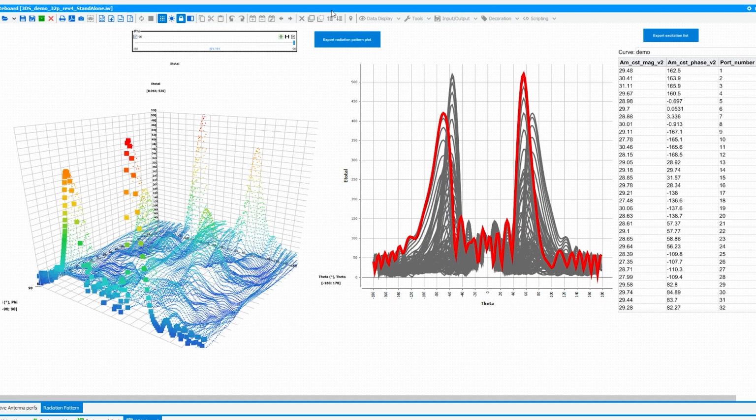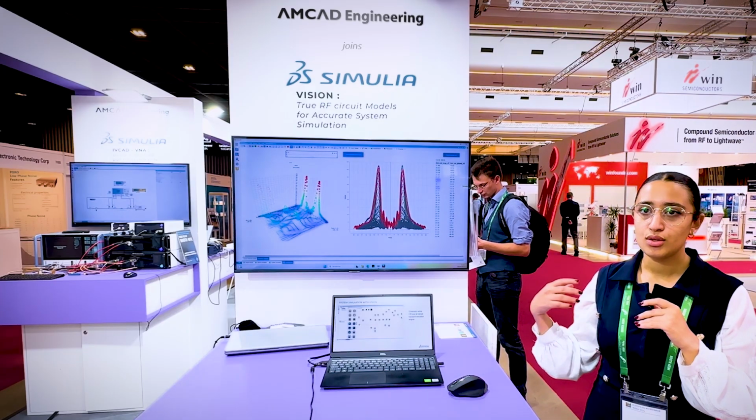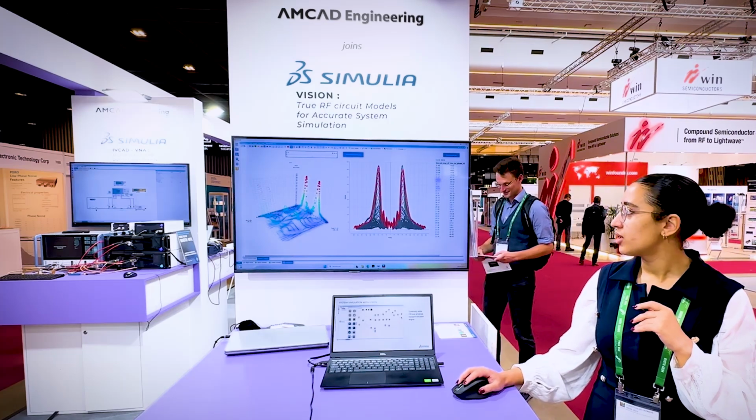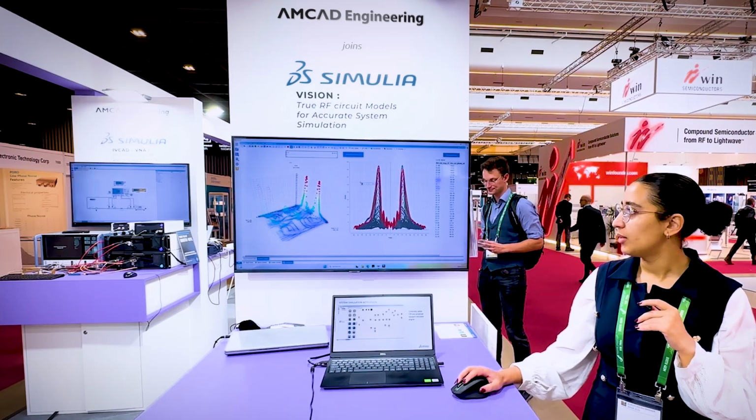either like this in Vision, or we can export the excitations presented to the ports of the antenna into CST in order to replot the radiation pattern in an electromagnetic environment like